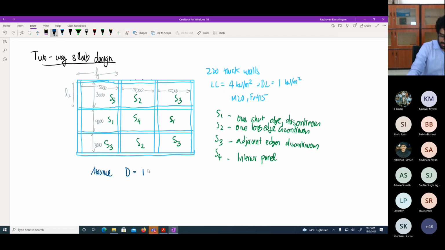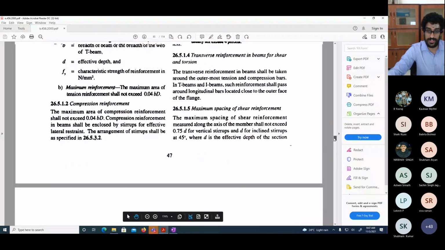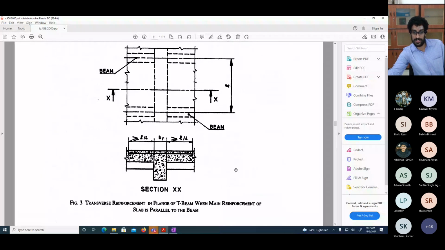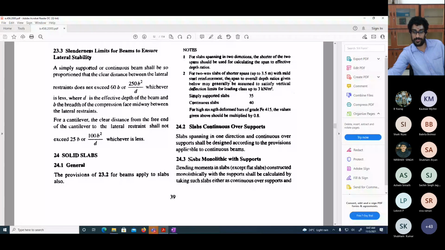Let me see. Overall, the effective depth be about 150 mm. So let this thing be used. Another thing that you have to remember for slabs, for two-way slabs especially, is that when you have this L by D criterion, you have a different thing. So this is the thing you have to remember.